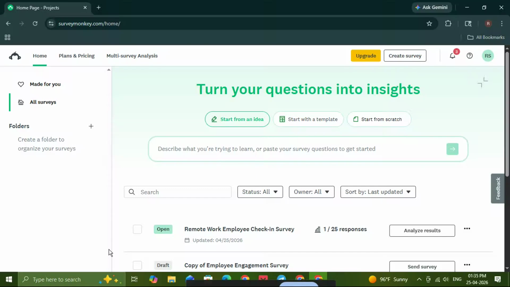If you need to export your SurveyMonkey results, this quick tutorial will walk you through the process step by step. I'll also show you where the export option is located, what to click next, and one important limitation you should